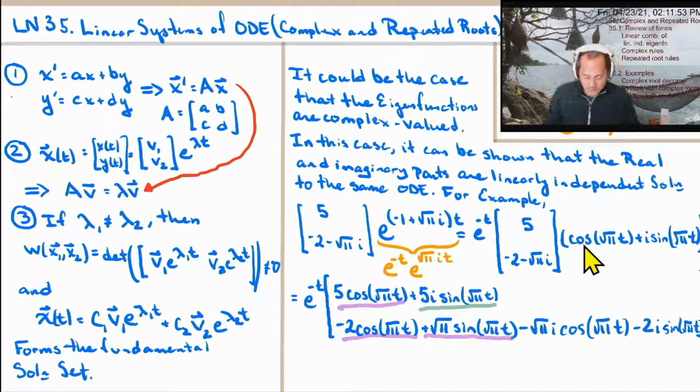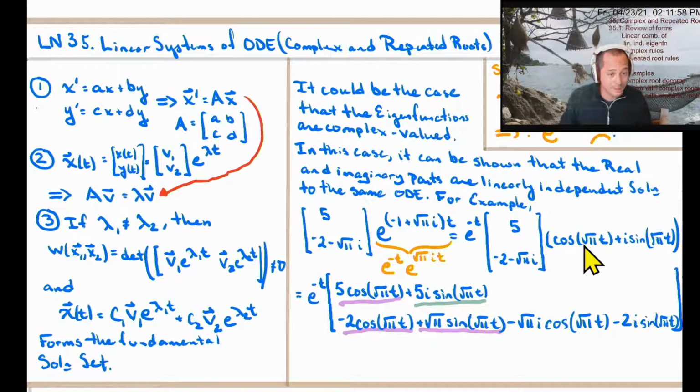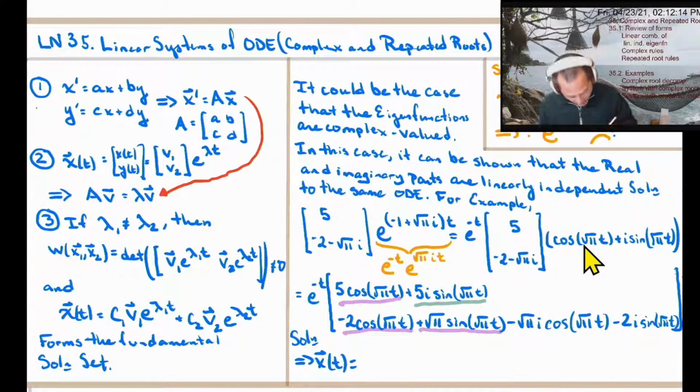Okay. Kind of snuck off the page a little bit in terms of the resolution, so I'll zoom out a tad. And now, what does that mean for me? That means that my solution to whatever differential equation that this came from is equal to, okay, I just grab all the purple terms, make that into a vector